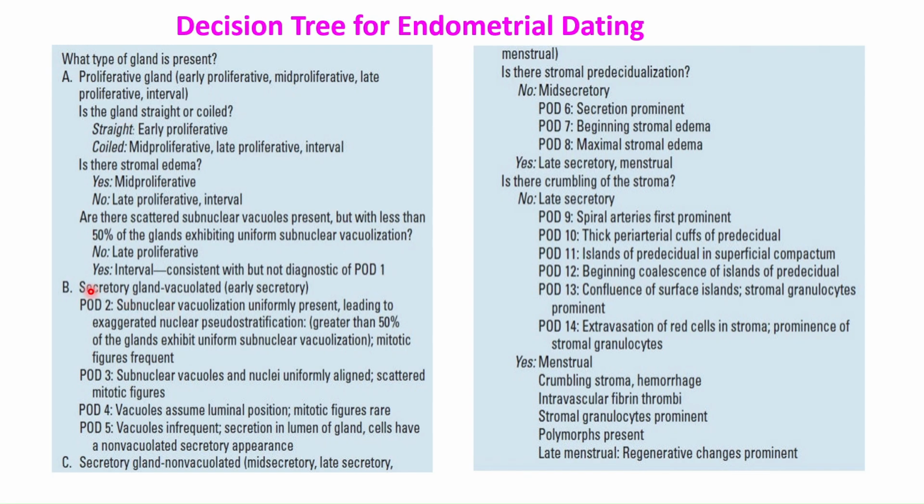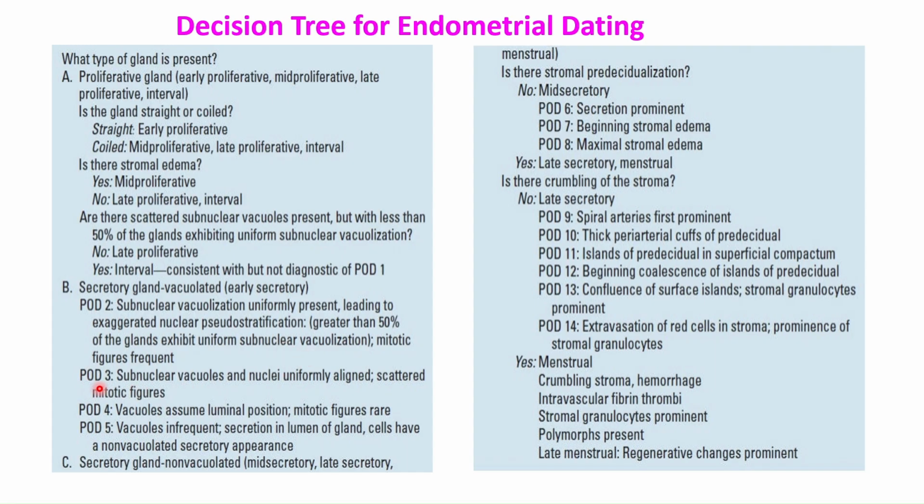Now, if glands are secretory and vacuolated, then it is early secretory phase. So, post-ovulation day 2 shows subnuclear vacuolization uniformly present, leading to exaggerated nuclear pseudostratification. Greater than 50% of the glands exhibit uniform subnuclear vacuolization and mitotic figures are frequent. In interval phase, less than 50% of the glands show uniform subnuclear vacuolization, and in early secretory phase, there are more than 50% of glands showing